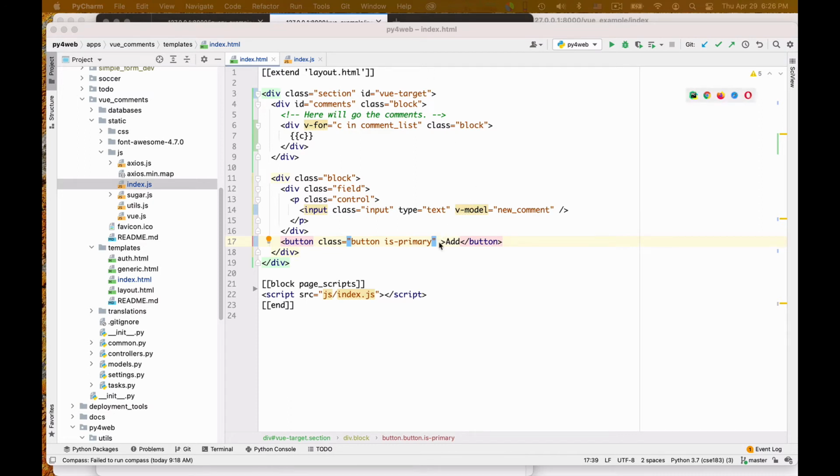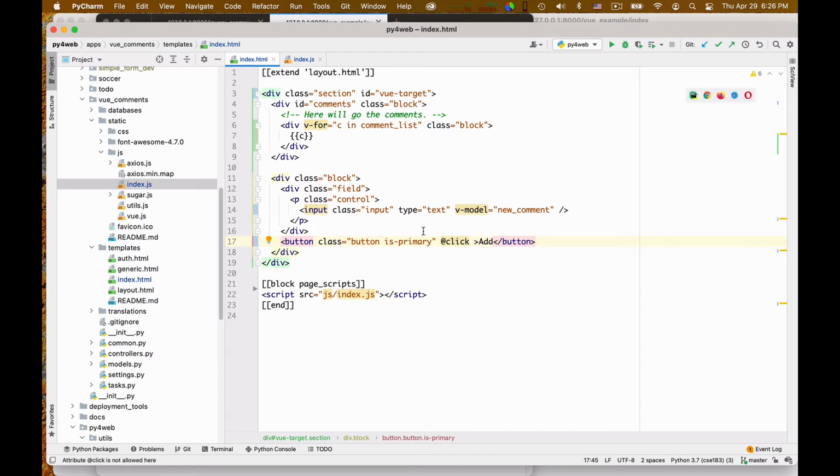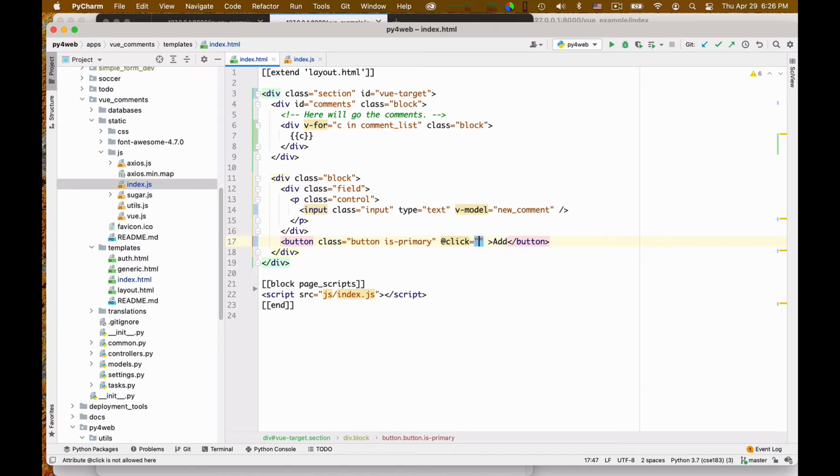And so I do this by saying add click. Okay? So in general in Vue, I can use the @ sign and the event name to define an event that is going to be handled. And I say that this is going to be handled by a function that I'm going to write that is called add comment. Okay?